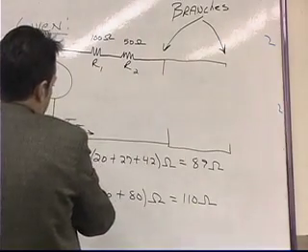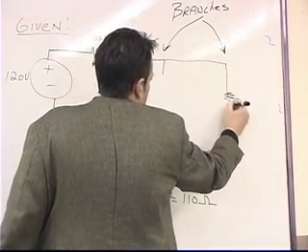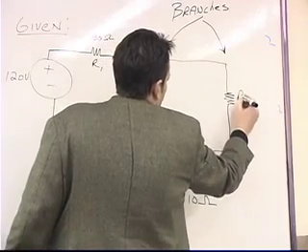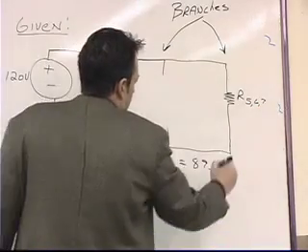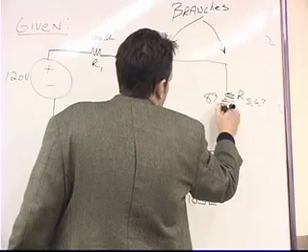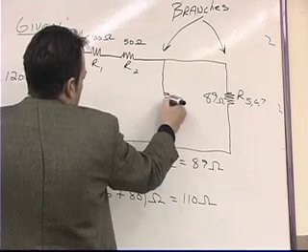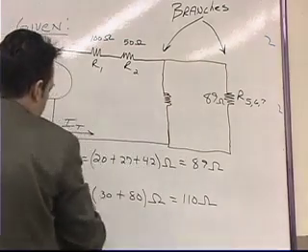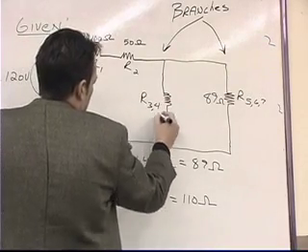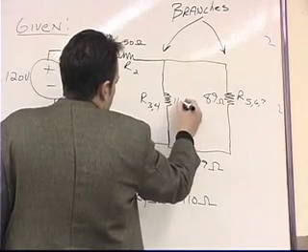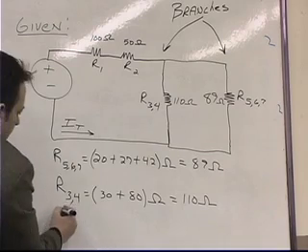So resistors 5, 6, and 7, which were the furthest out, combined into one resistor. Call this R5,6,7, and that had a value of 89 ohms. And then in this branch right here, we had combined two series resistors which were labeled 3 and 4, so we'll call this R3,4, and that had a total value of 110 ohms. Okay? Then, in the second step,